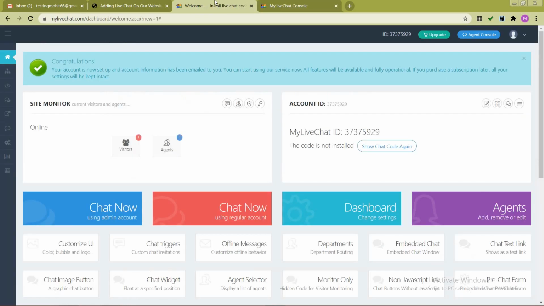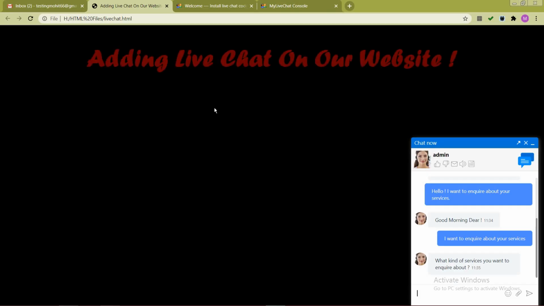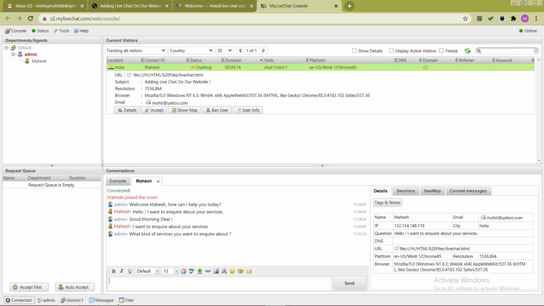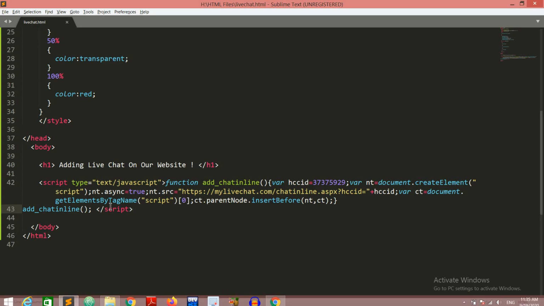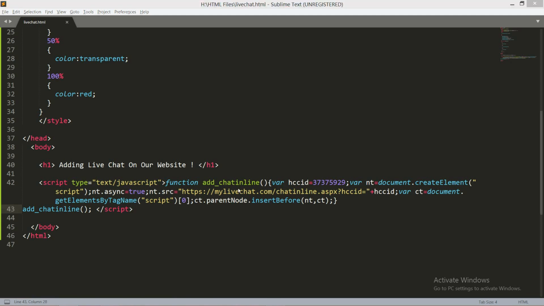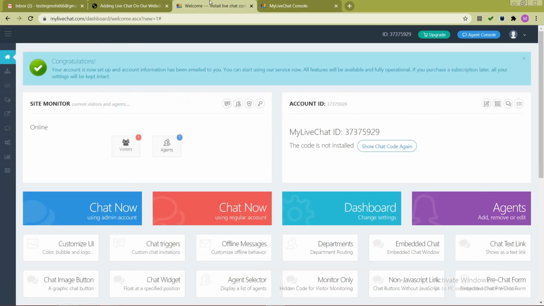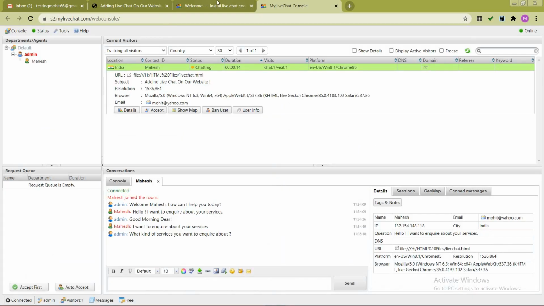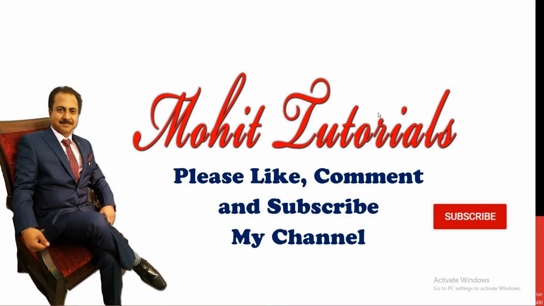Now it is not that you can only implement this onto your normal web page, by embedding that particular code onto your website. This live chat provision you can embed within any website. Means in WordPress also you can embed this live chat, onto Joomla, and all that. Okay, this is the topic. Now I hope you all understand this topic, how you can embed a live chat onto your website.